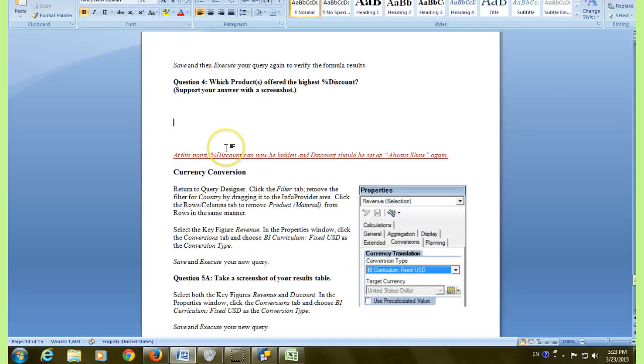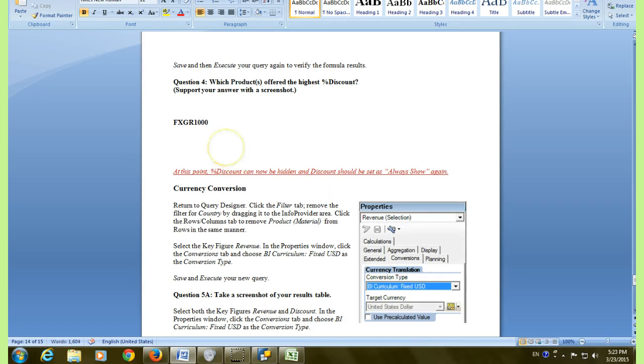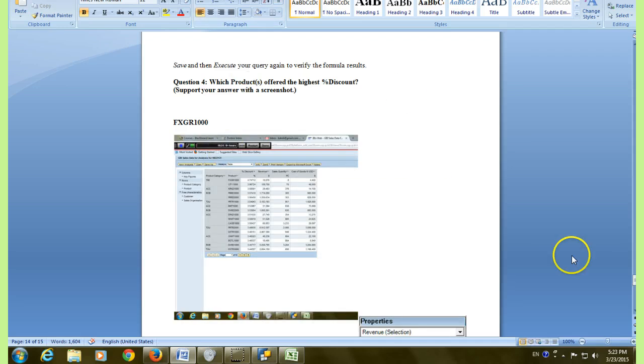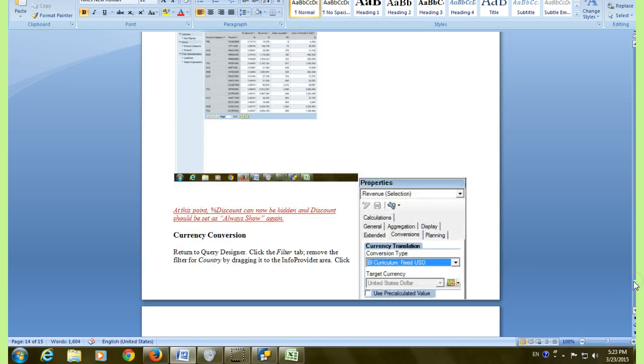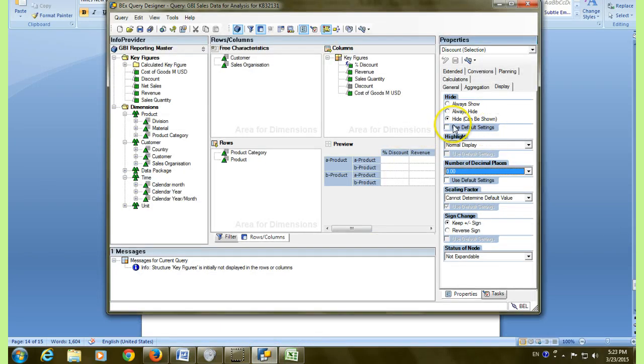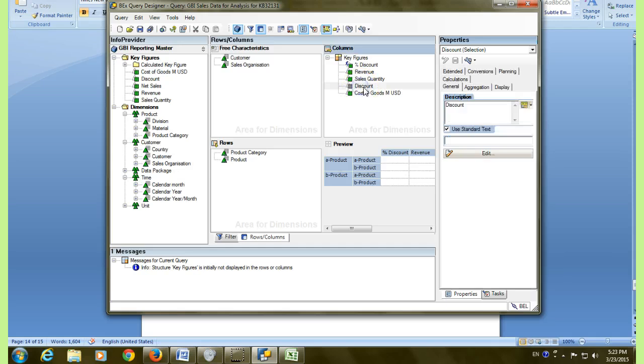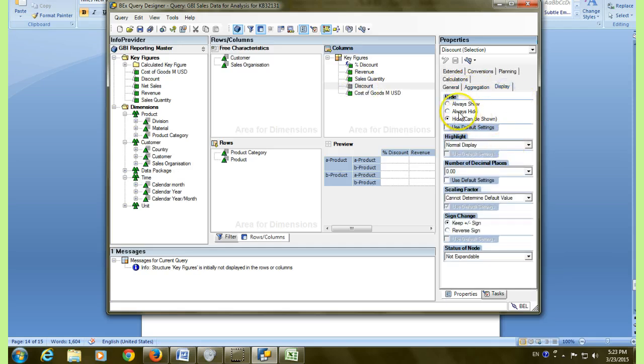So this is Apex GR 1000. Take a screenshot. At this point what I have to do is % discount can now be hidden and discount should be set as always show again. Okay,